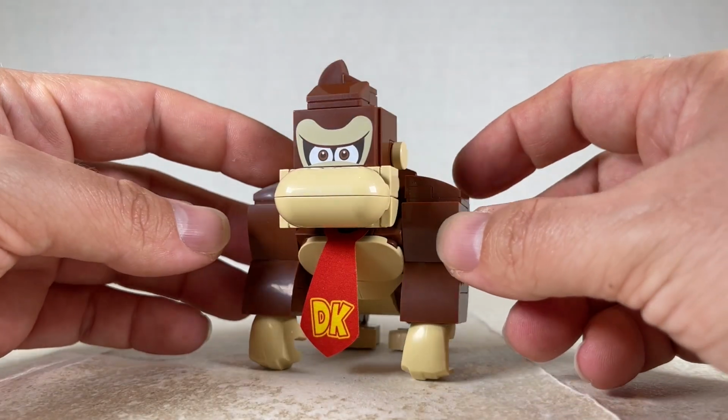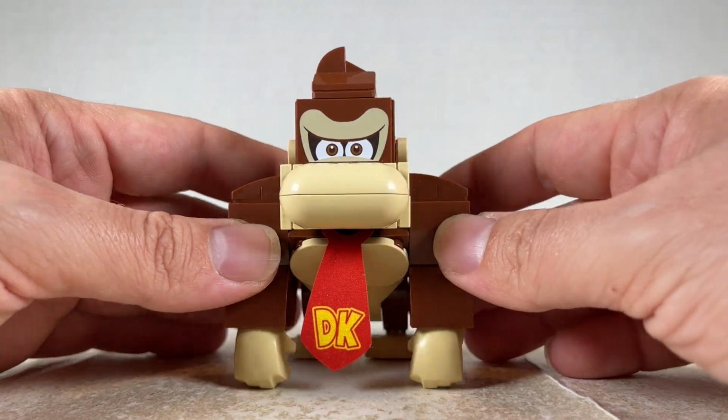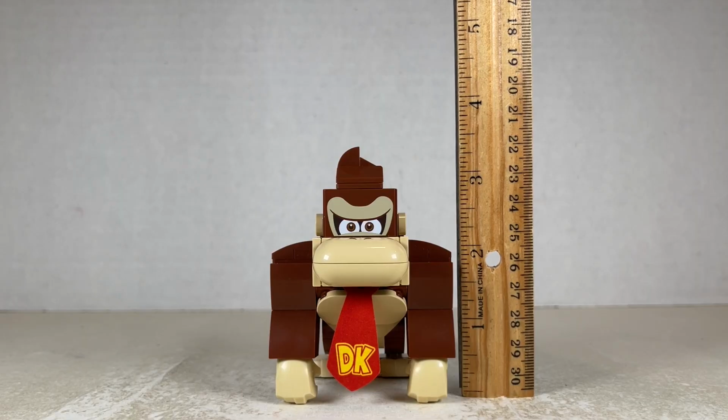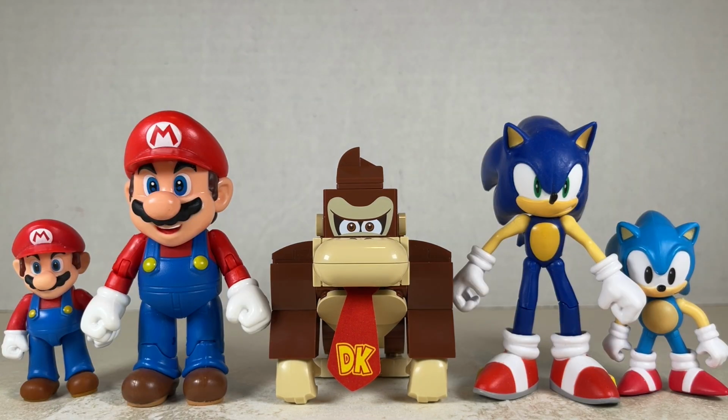So for those fans of the show, you'll have to have the game version where he's on all fours instead. Having him stand just isn't viable now. LEGO Donkey Kong stands at about 3¼ to 3½ inches taller, so next to the